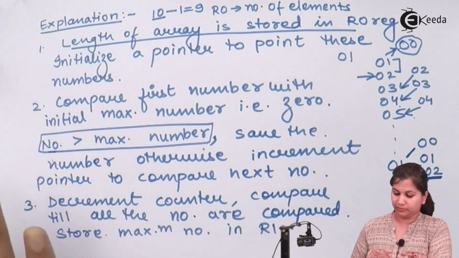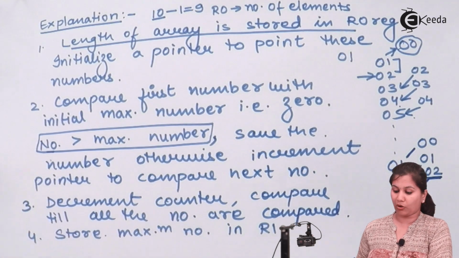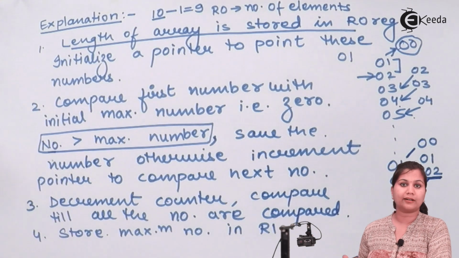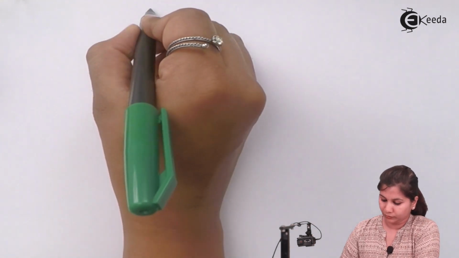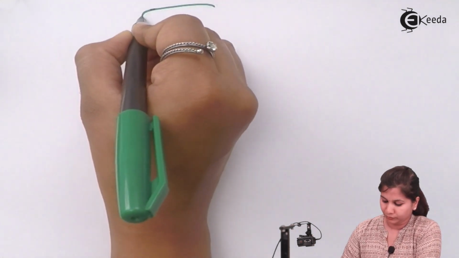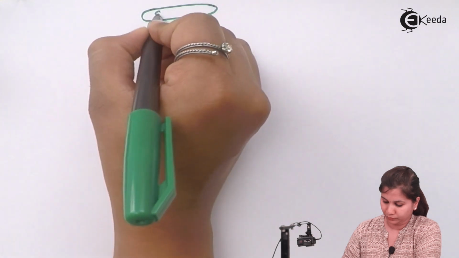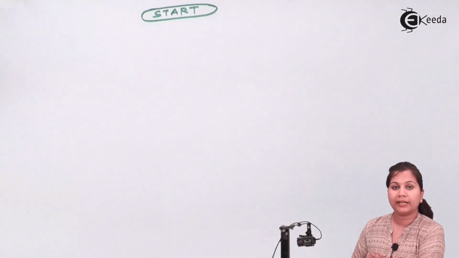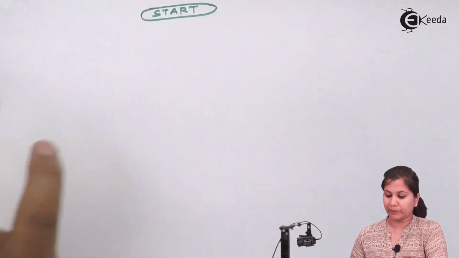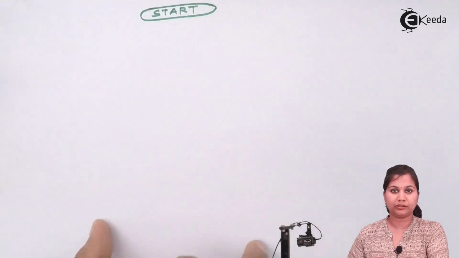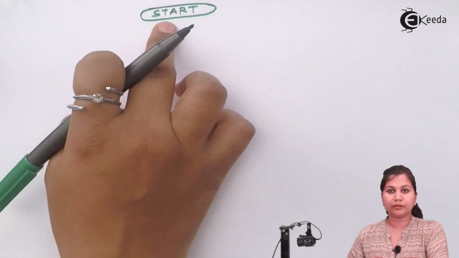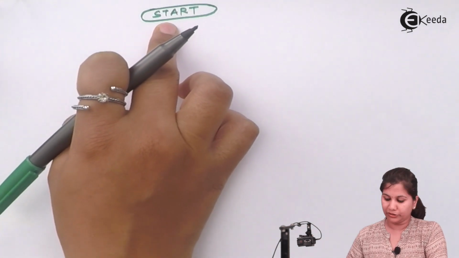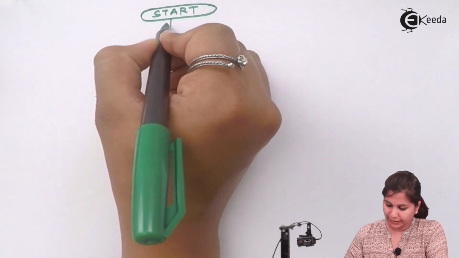Now let's represent these steps in the form of a flow chart. In the flowchart, our first step is the start process. From here the flowchart will start, and it will always be shown in the oval shape. Then the next step is